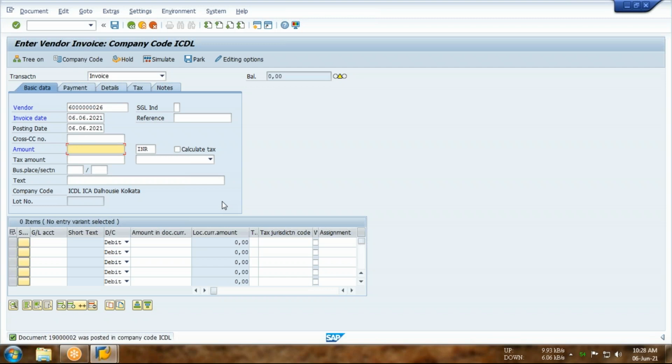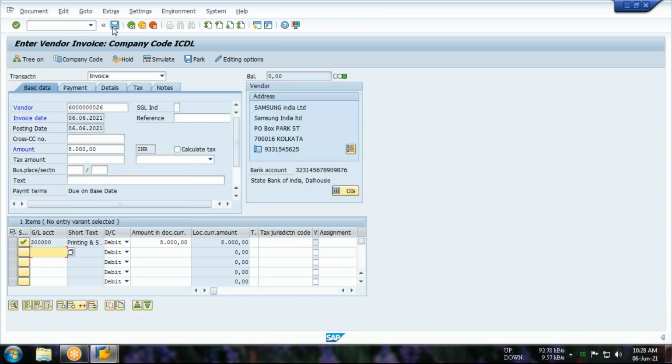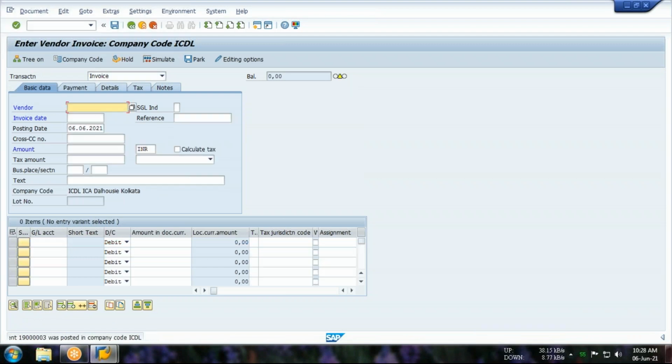Say for example, the amount is 8,000. Okay, so I have posted two documents of different amounts with the same vendor.